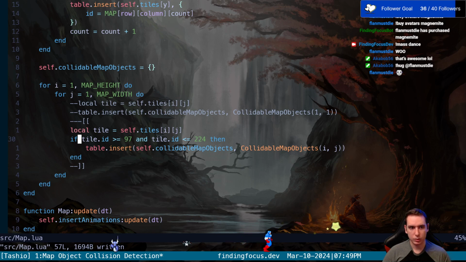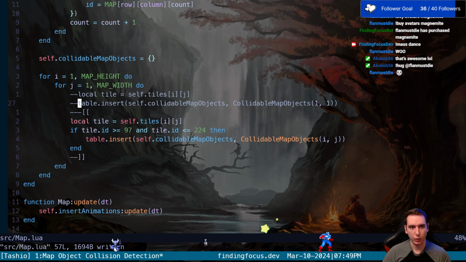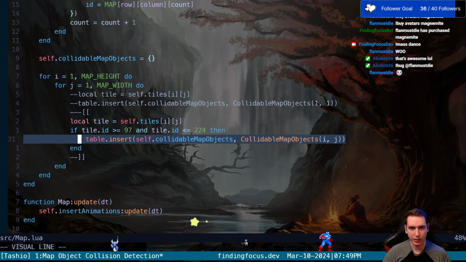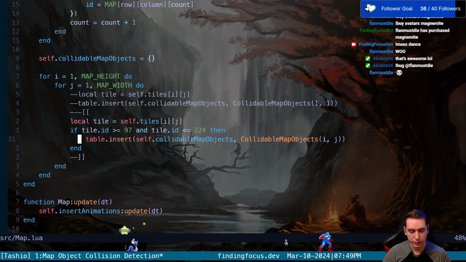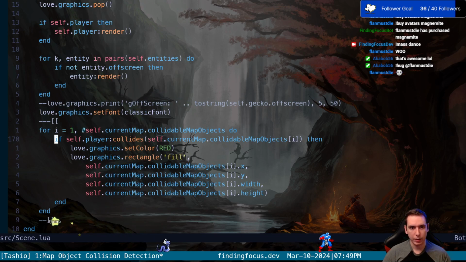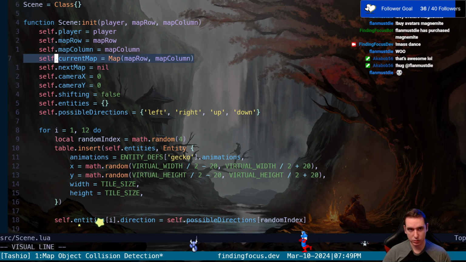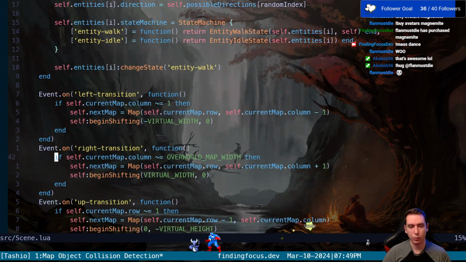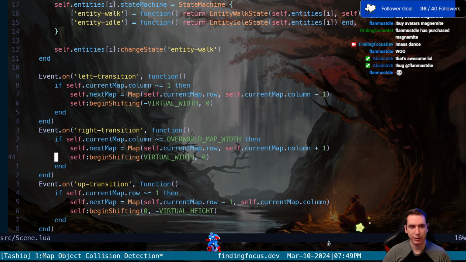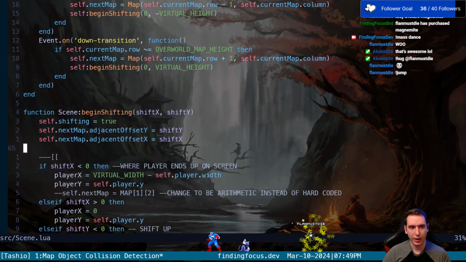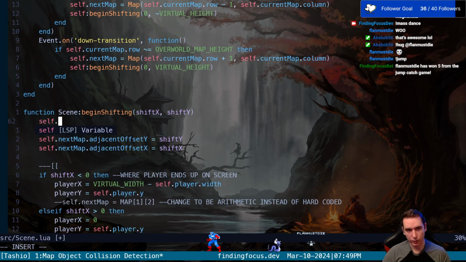Okay. So I guess what we need to do is wipe our current map's collidable map objects table upon a scene transition. So if we go here in our scene, we have access to our current map. So we would need to go access that current map during a transition and then go flush its collidable map objects table. So upon a begin shifting, we can go and say that our self.currentMap